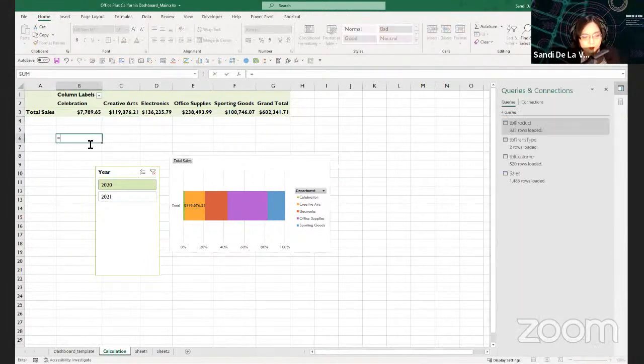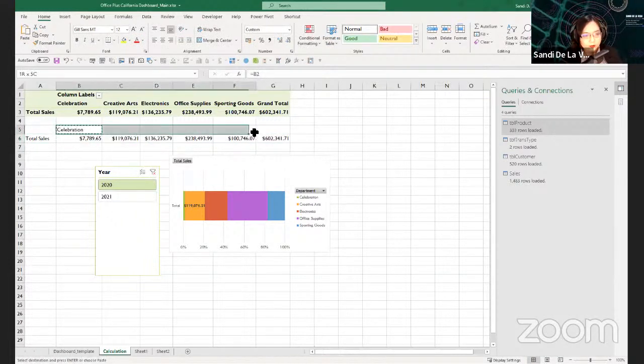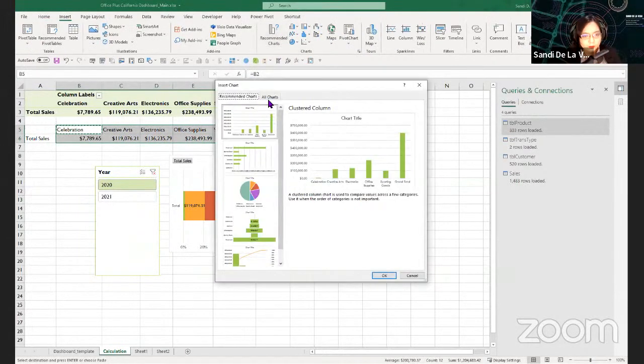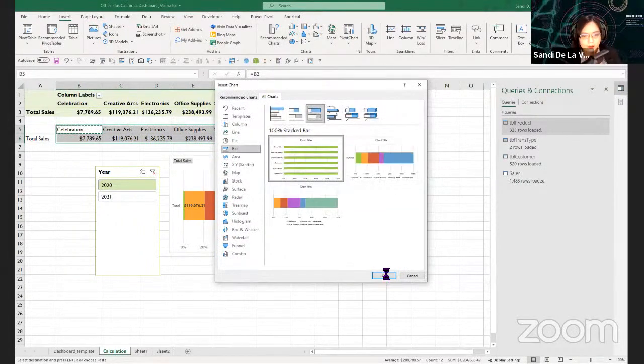What we need so that it will be more robust is to use other cells and refer the values to this pivot table. For example, B3 and onwards. There. Then create a normal chart, the horizontal stack bar chart here.